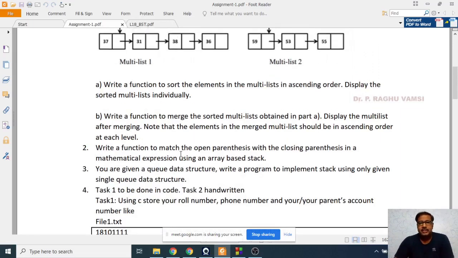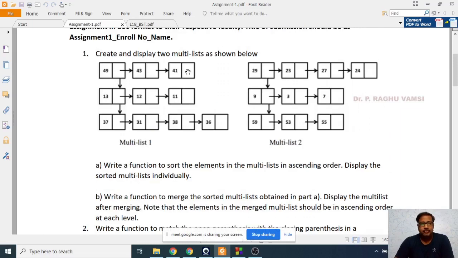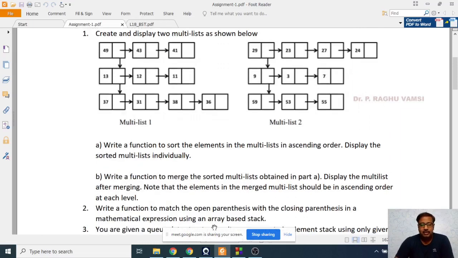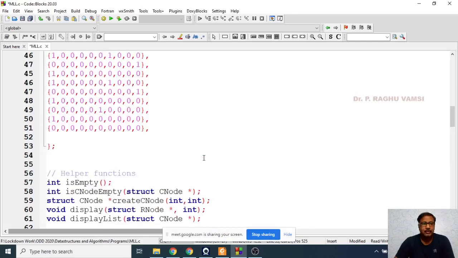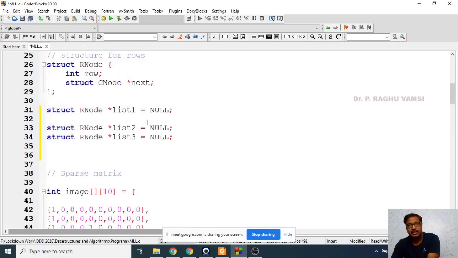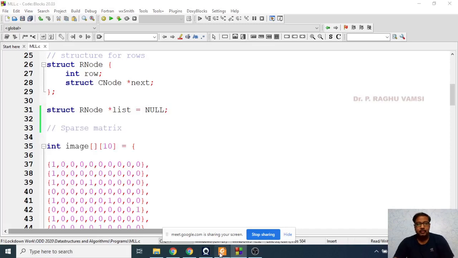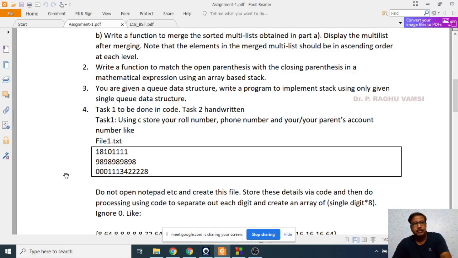So this is up to the first question. Anyhow, the core content is provided to you via this code. The only thing is you are supposed to change this code according to the requirement. So this is the first question in the assignment. While coming to the next question, we will move on to the second question now.